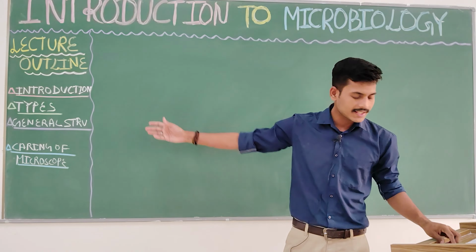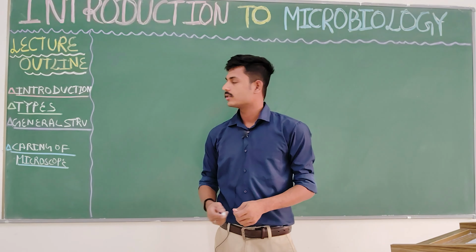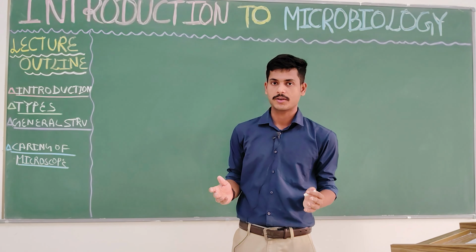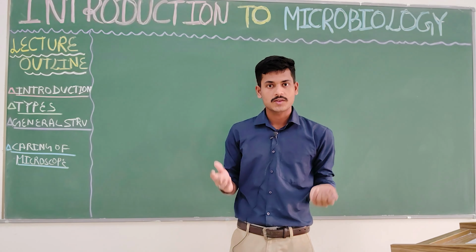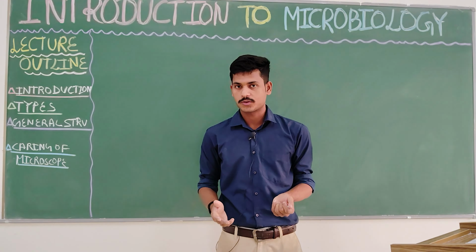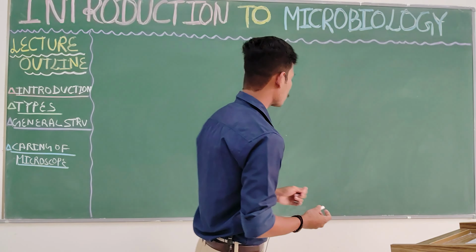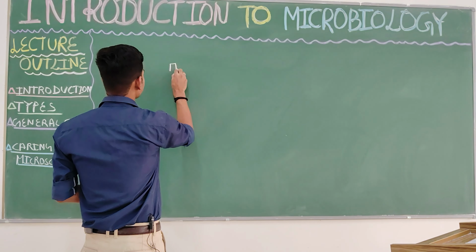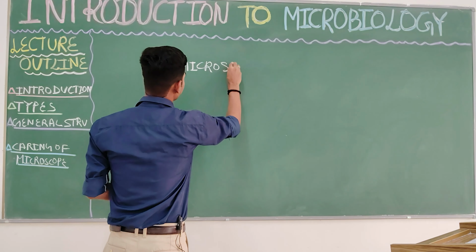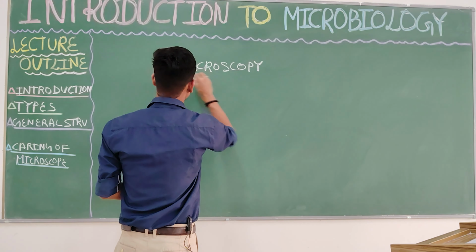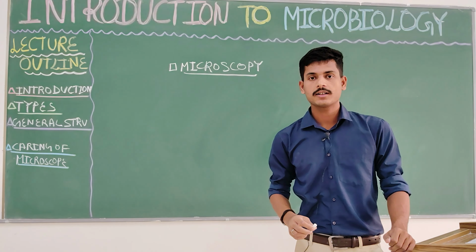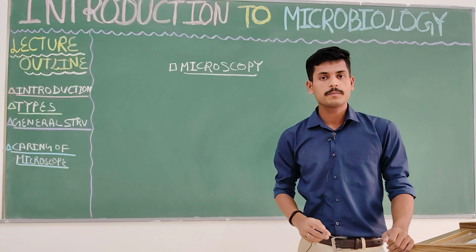Now see the lecture outline. Today we will talk about the introduction to microscopy first, then their types. There are different types of microscopes. Then the general structure of the microscope. So make the heading microscopy. Microscopy is basically a field of study where we use the microscope in order to see